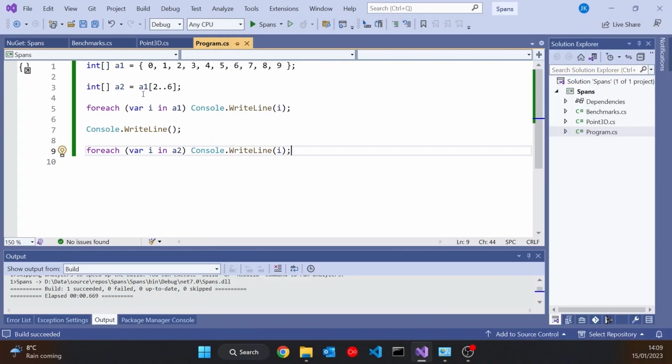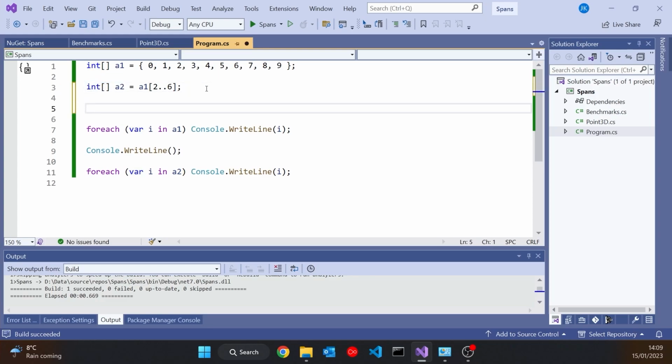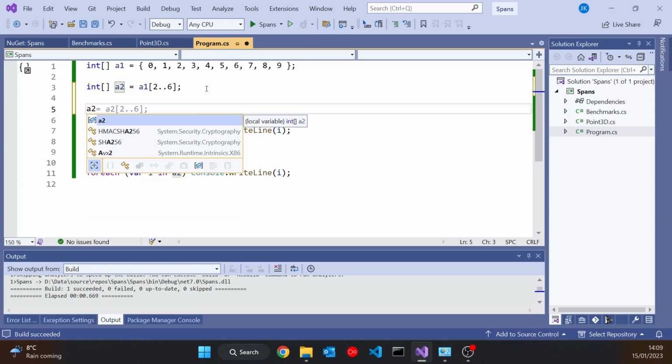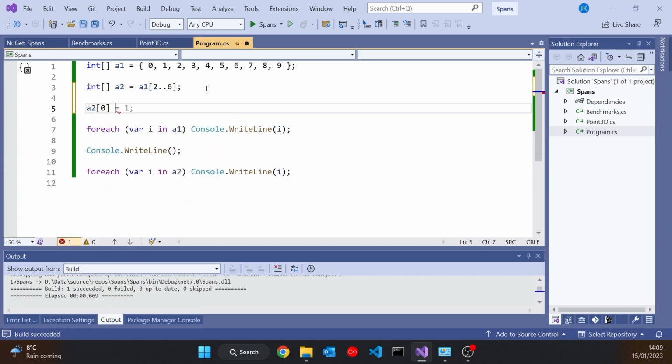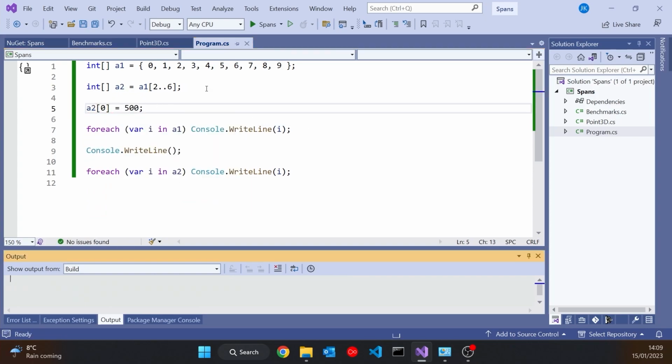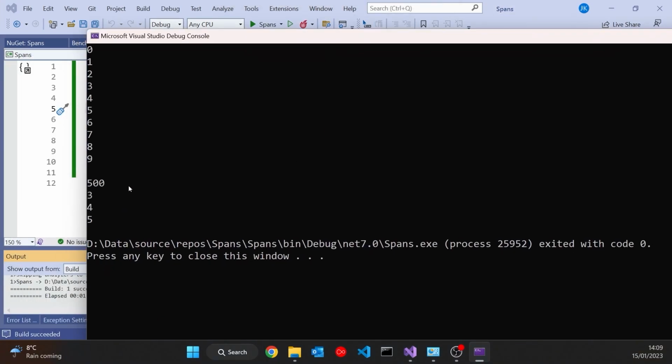But the thing about that is you can see A2 is an array of ints in its own right. And that means that it's a copy of the original A1. And we can prove that easily enough, because if I say something like A2[0] = 500 and run that one up, then we can see that we've changed 2 to 500 in the copy, but we haven't changed 2 to 500 in the original.